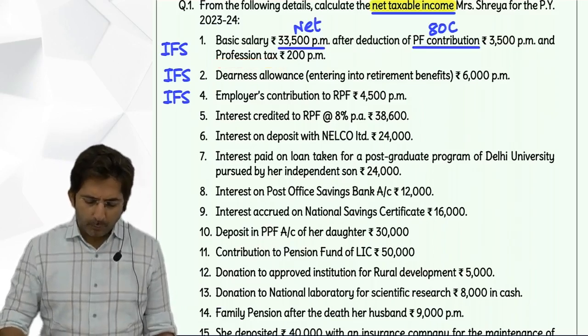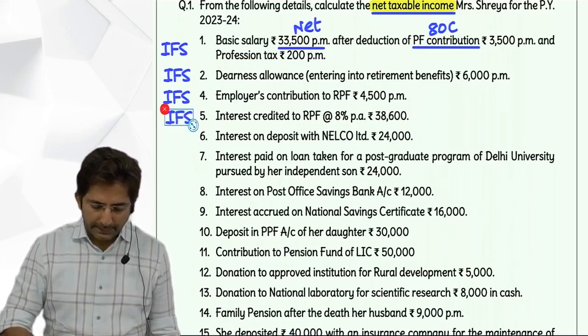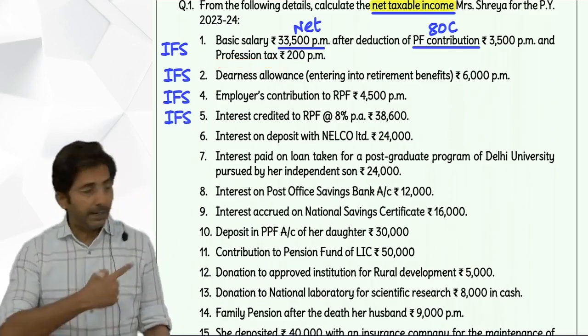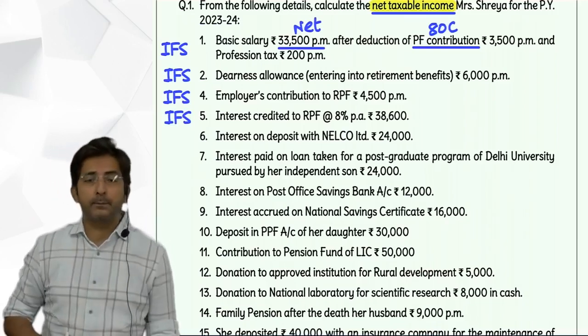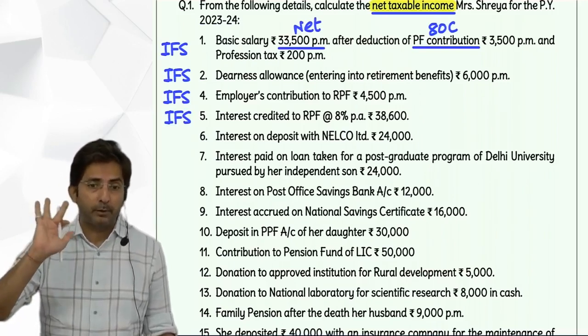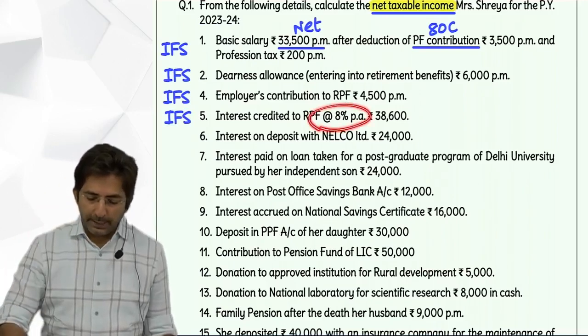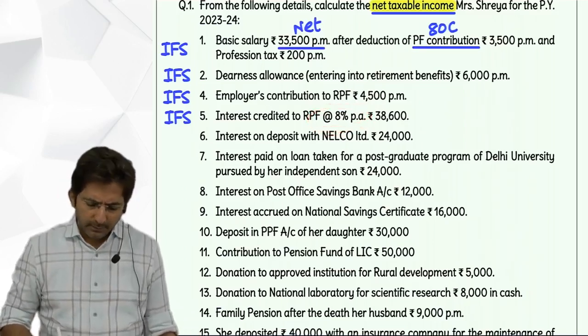Then what about interest credited to RPF? Even this is IFS. First write there IFS. Are you marking the way I am doing? And the effect is what? Exempt up to 9.5%. Up to 9.5 means anything below 9.5 is exempt. So here it is below 9.5, fully exempt. You can put a dash directly in the outer column. Then,